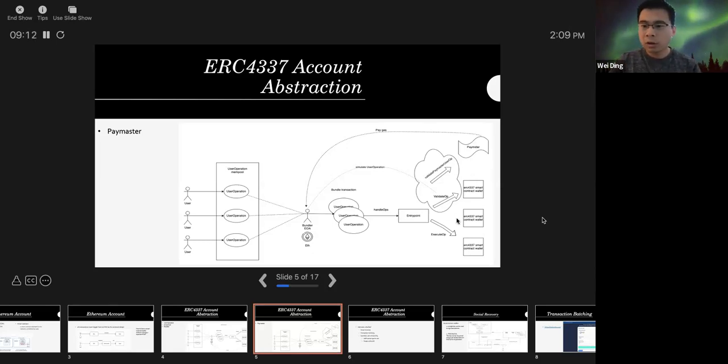For example, the smart contract wallet could implement an ERC20 paymaster, and if the verification passes, the smart contract wallet will pay the ERC20 to the paymaster, and the paymaster will pay the native token to the bundler. With this, the smart contract doesn't need to have native Ether to send transactions.